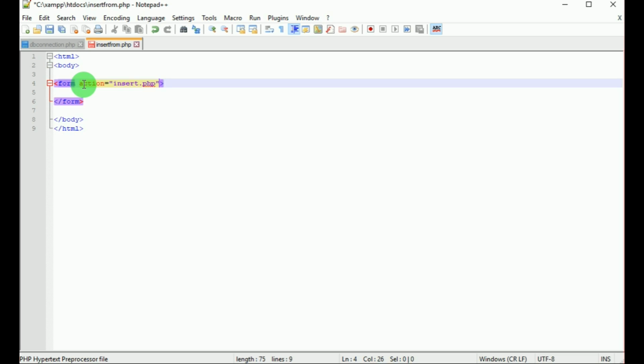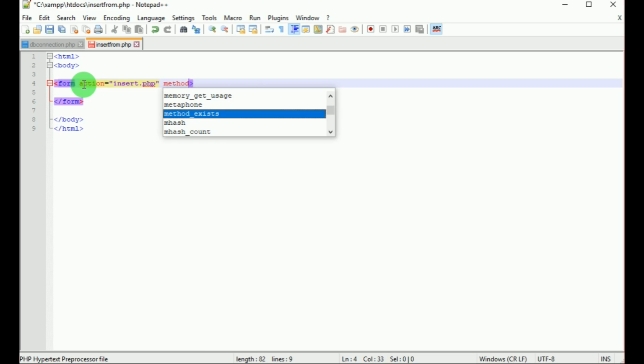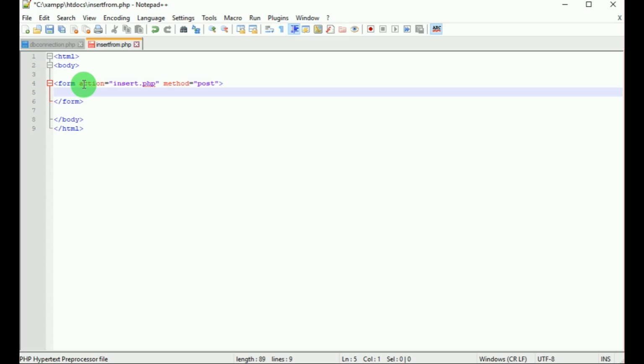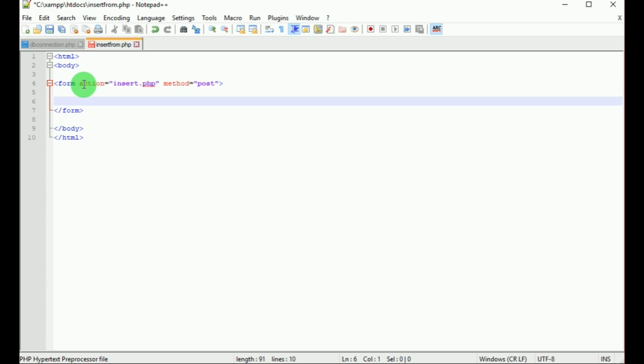And let's give the method equal to post. In our database, in the table student, there are 3 attributes, that is student ID, student name, and description. Now let's create a form to take input for these 3 attributes.